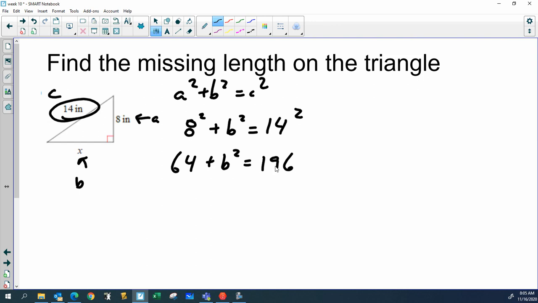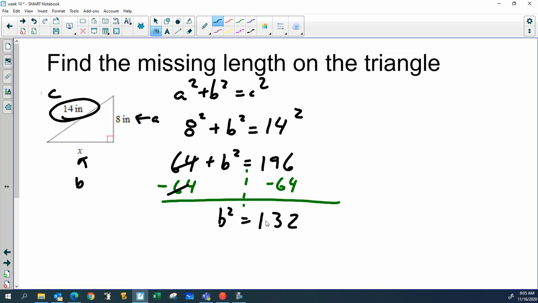Okay, and this is where it gets different. We can't just add 196 to 64 and then take the square root. We need to solve for b. So in this next step, we need to get b squared by itself. In order to do that, we need to undo this adding of 64 on the left here. We're going to do that by subtracting this number from both sides of the equation, right, to keep it balanced. And when we do that, 64 minus 64 is 0, and so I'm left with b squared on the left, and on the right, 196 minus 64 is